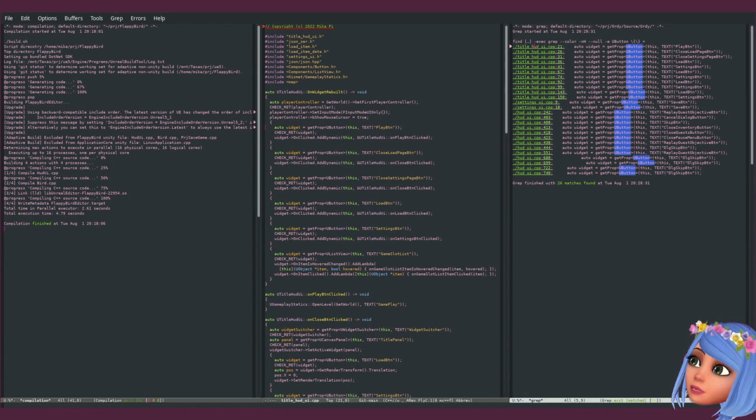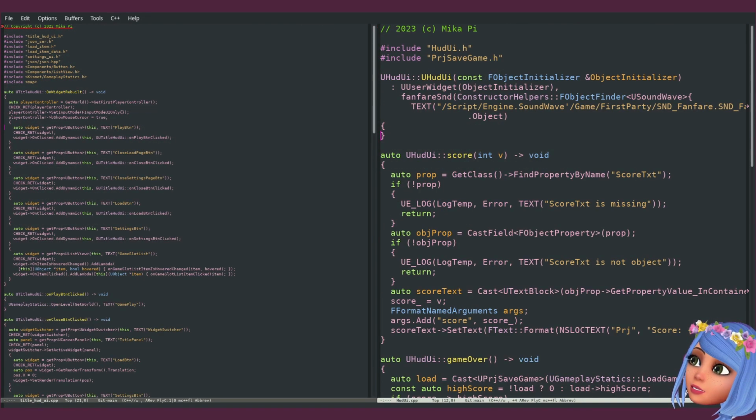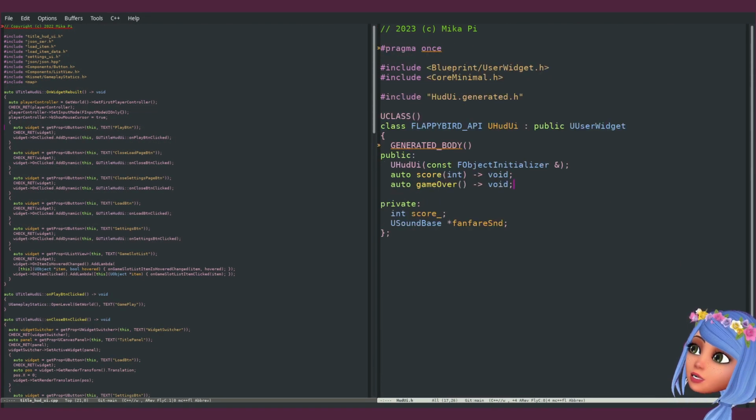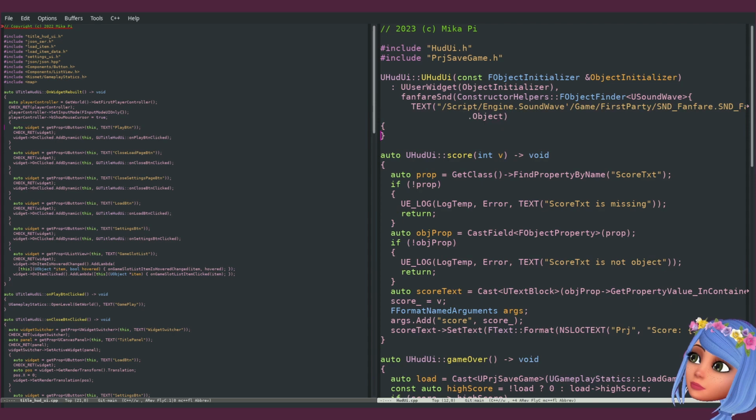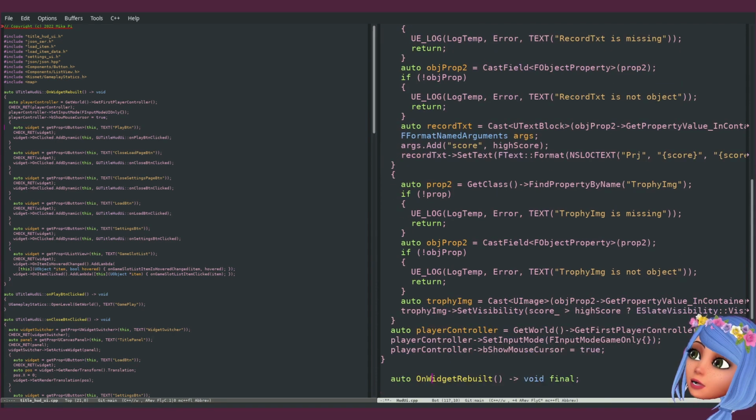Okay, so on widget rebuild, void final. I can put it in private. I think I probably even prefer to put it in private, maybe.